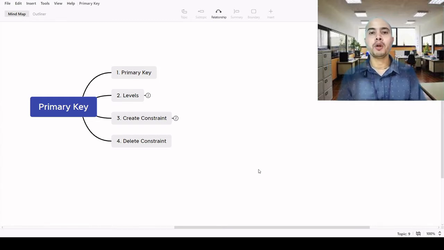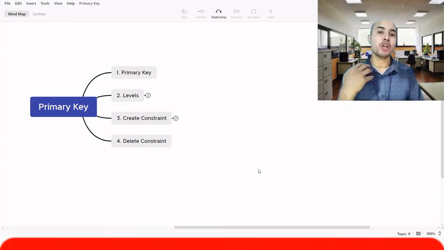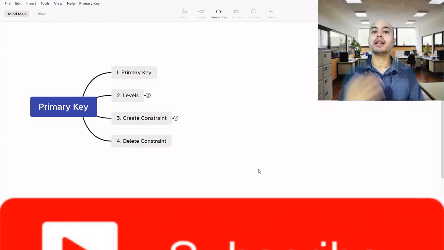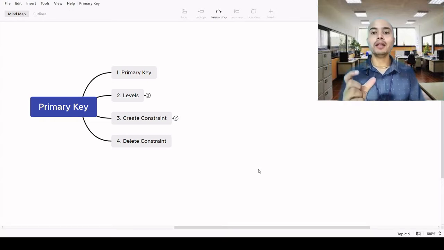Let's take the example of a student. A school or college gives a registration number or roll number to each and every student, and it cannot be blank or duplicate of another student's. If you take the example of an employee who works in a company, an employee code is given to the employee, which cannot be duplicated with another employee and cannot be blank. So that field, that column, can be created as a primary key.